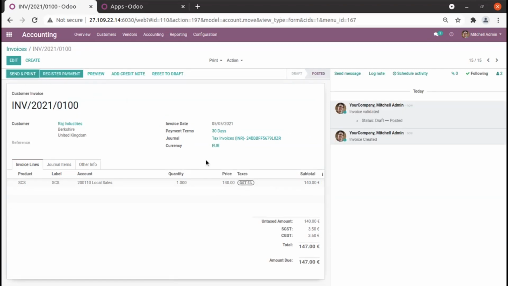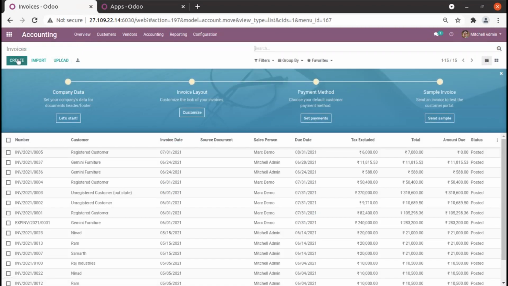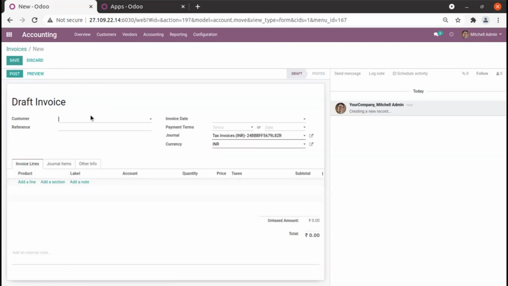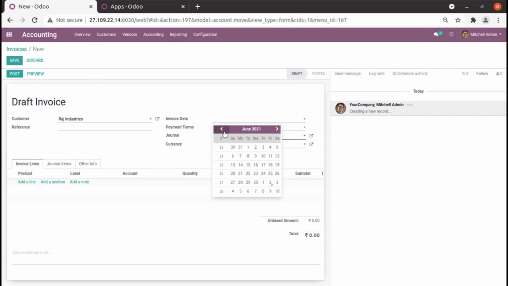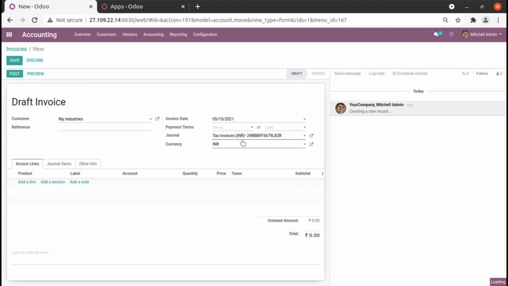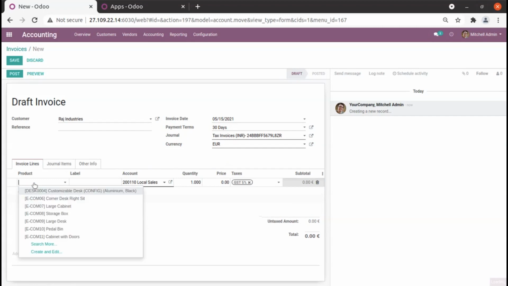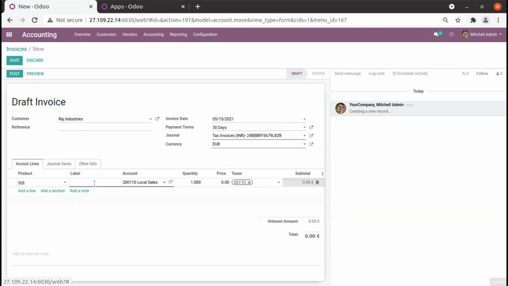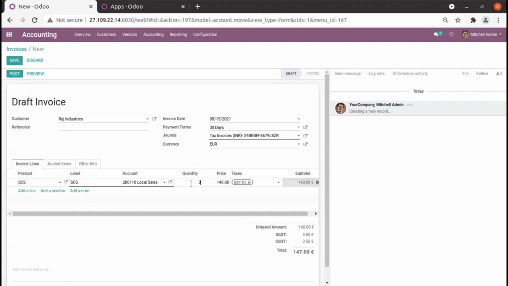Okay, we are not registering any payments here. Once this is done, I'm going to go to my invoices section, and I'm going to create one another invoice. That will be Raj Industries, and that will be of 15th of May. Okay, so I'm creating two different invoices of two different days and with euro. Now let me buy that particular product in quantity. Let's say I am creating for 3 quantity, and I'm going to post it entry.